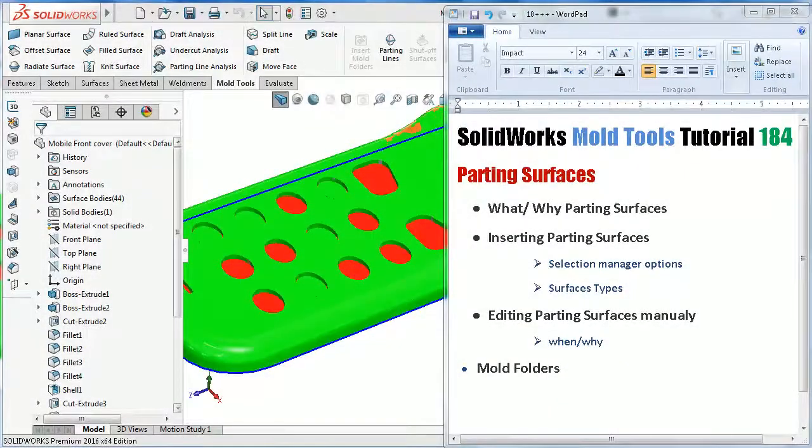Tutorial number 184. In this tutorial we will talk about the next command in the Mold Tools menu, the parting surface, and we will see what the parting surfaces are and why we need them, and see how to insert parting surfaces, and have a look at the selection manager options and the surface types, and then we will see how to edit the parting surface manually, when and why,